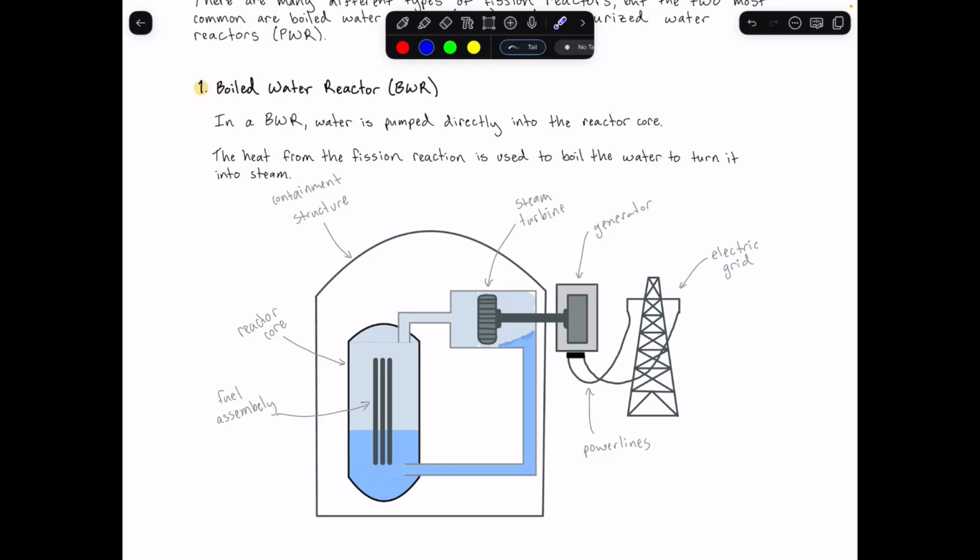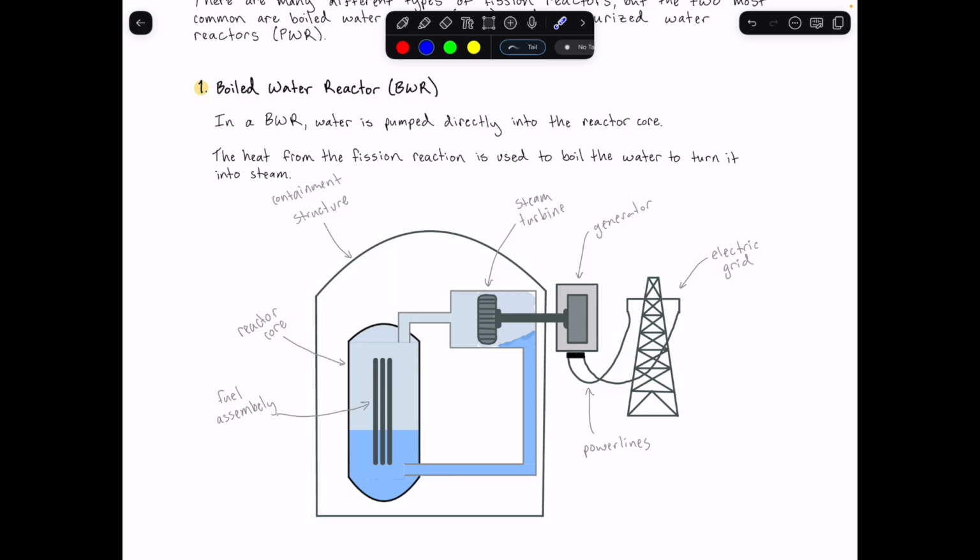And so then after the steam passes through the turbine, the steam is then cooled and condensed back into water, and then it is recycled through the reactor here to then be heated and boiled again and circle through this